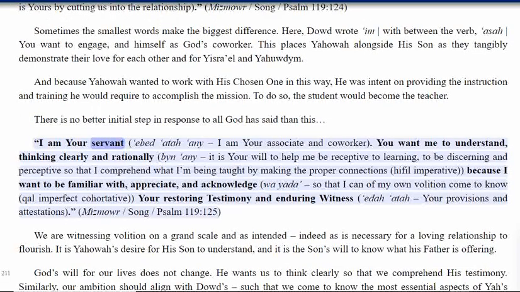I am your servant, Ebed Otter Eni, I am your associate and co-worker. You want me to understand, thinking clearly and rationally, Bin Eni, it is your will to help me be receptive to learning, to be discerning and perceptive so that I comprehend what I'm being taught by making the proper connections, Hiphil imperative, because I want to be familiar with, appreciate, and acknowledge, Yada, so that I can of my own volition come to know, Kal imperfect cohortative, your restoring testimony and enduring witness, Edah Otter, your provisions and attestations. Mizmowr, Song, Psalm